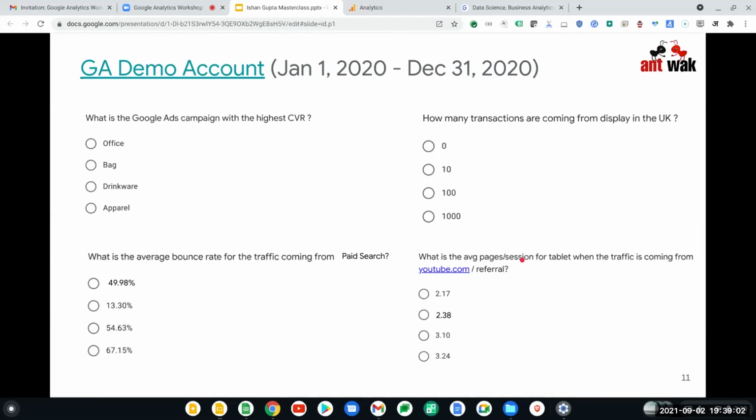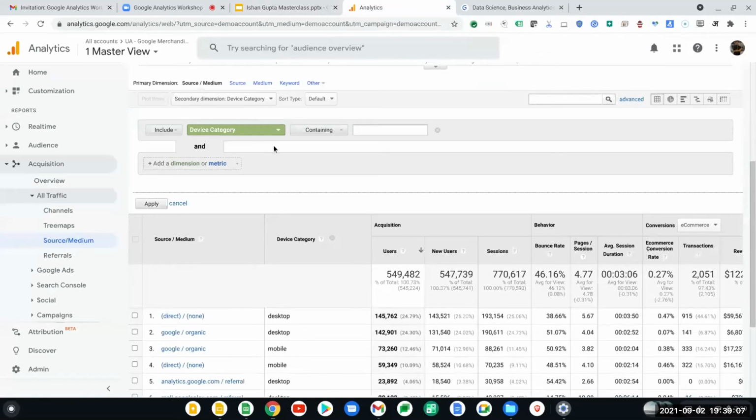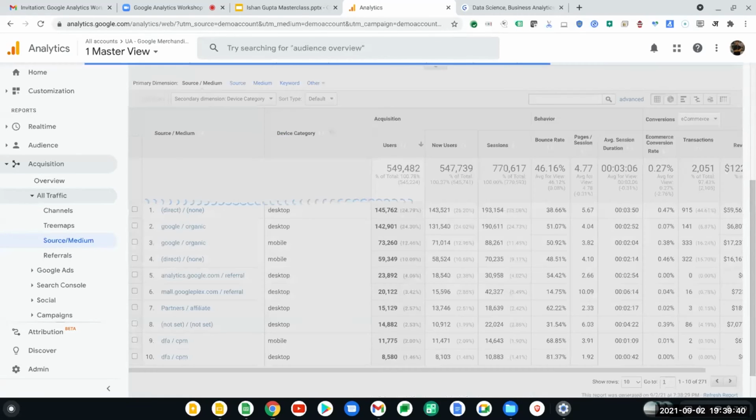Maybe we can use filter, advanced search. Yep, so what filter will you use? Medium and source. Okay, I'll click on source medium containing what? YouTube. Okay, let me use YouTube. Anything else? A referral. Medium and source referral. So I'll just type in the full thing, right? youtube.com/referral. Let's apply, see if we get anything.